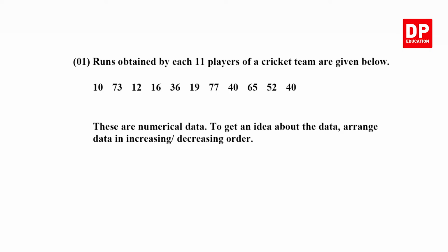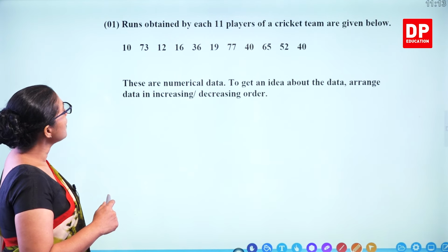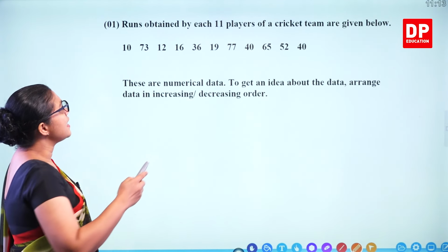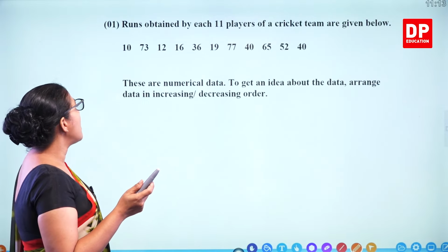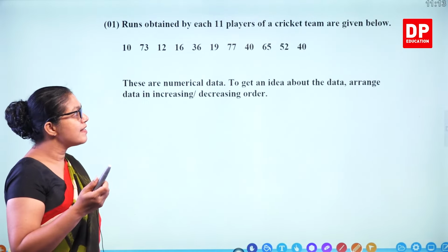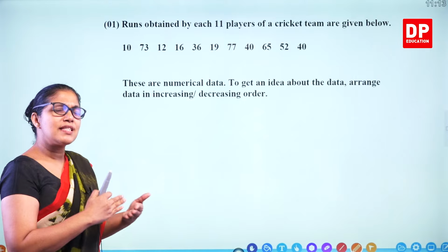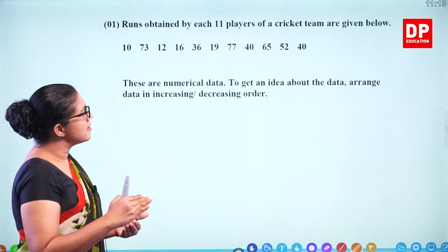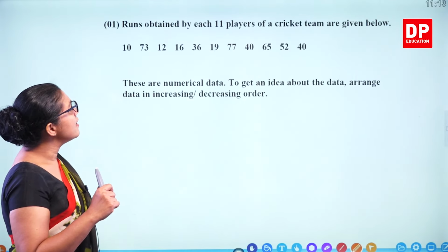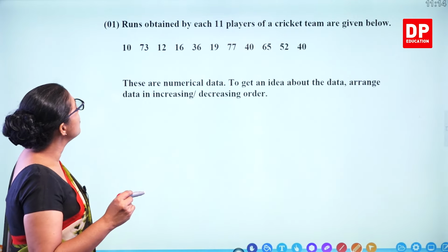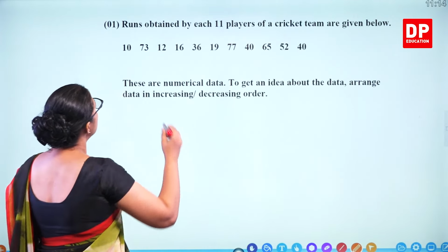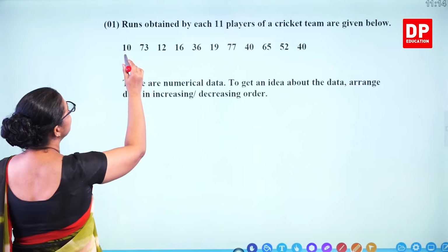Runs obtained by each of 11 players of a cricket team are given below. These are numerical data. To get an idea about the data, arrange the data in increasing or decreasing order. It's easy to arrange this in increasing order, lowest to highest. So how can we do that? We can start with 10